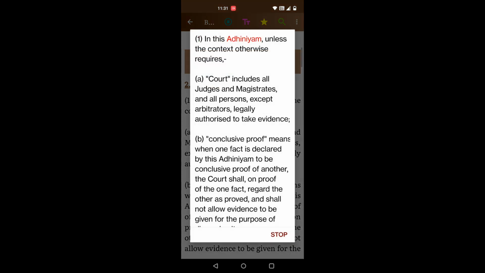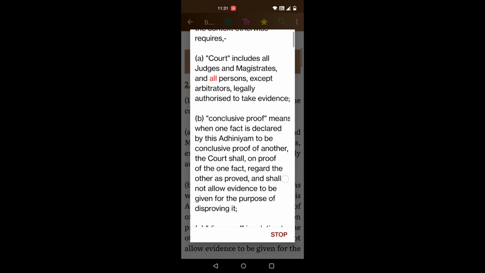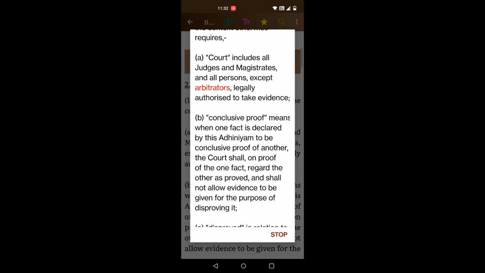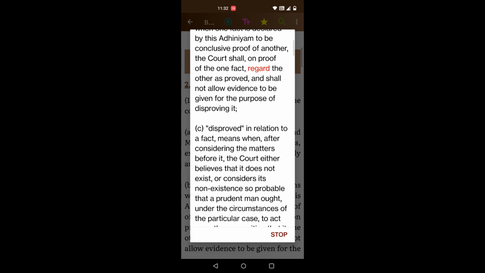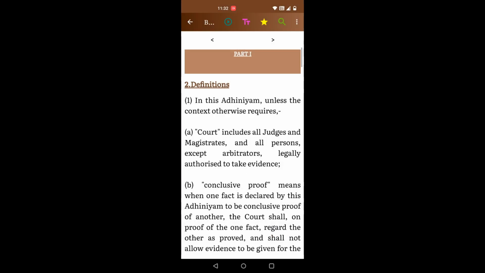1. In this Adhiniyam, unless the context otherwise requires, a court includes all judges and magistrates, and all persons, except arbitrators, legally authorized to take evidence. B. Conclusive proof means when one fact is declared by this Adhiniyam to be conclusive proof of another, the court shall, on proof of the one fact, regard the other as proved, and